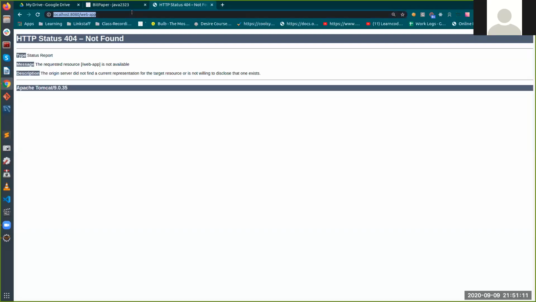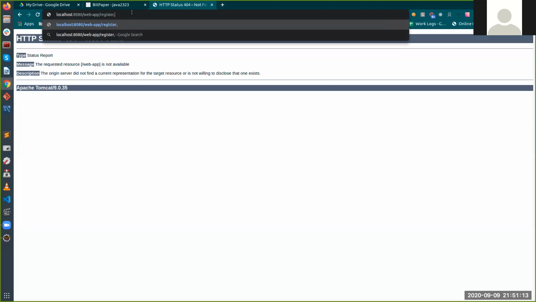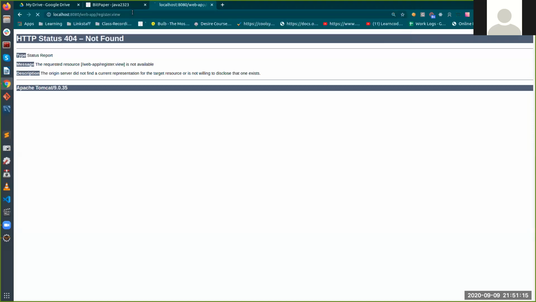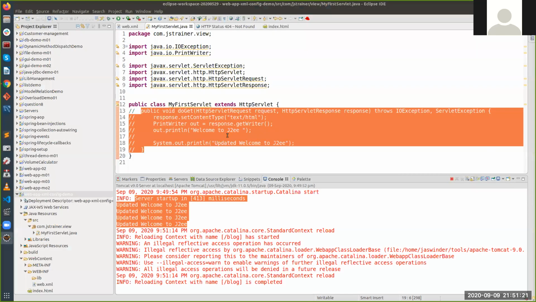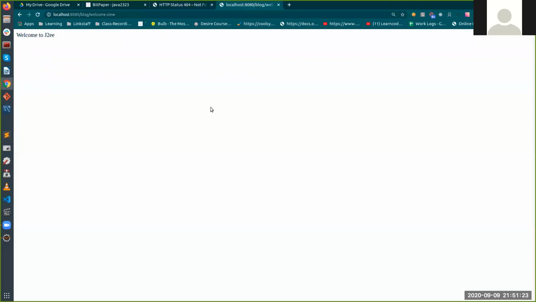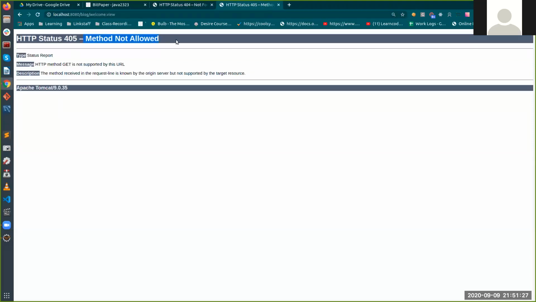Let me check this, /register.view. If I run this, see, it says method not allowed. It can find your resource, right? It is not giving a 404.